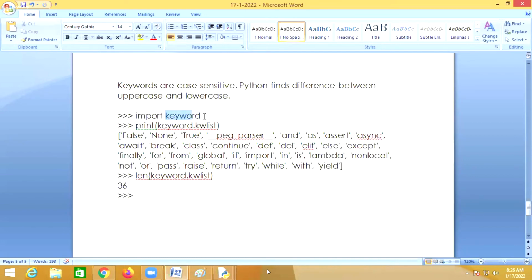Keyword is a predefined module or library.